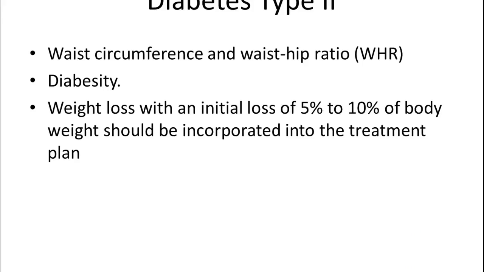So as I said earlier, the waist circumference and waist-hip ratio are elevated. The term diabetes refers to the obesity that caused the diabetes. The main therapy for these patients, lifestyle modification, is weight loss. Try to get them an initial loss of 5 to 10% of their body weight, and then you may actually decrease the risk of them becoming diabetic or staying diabetic by as much as 50%. So it's really important. Preventatively, we know that exercise on a regular basis can prevent diabetes in 50% of the population, and walking is actually one of those keys to that high level of prevention in diabetes.